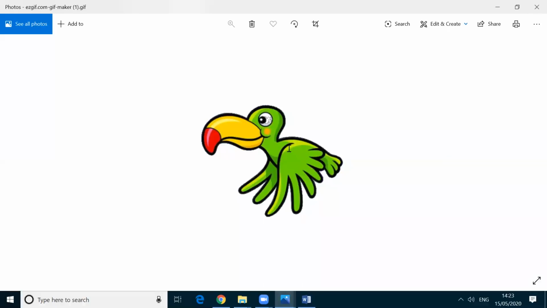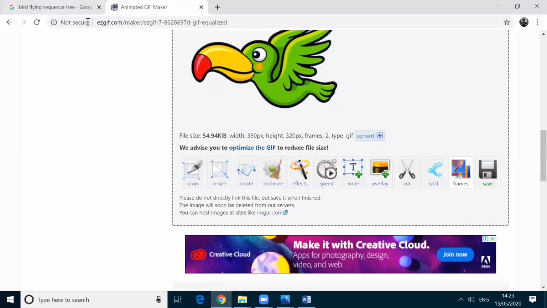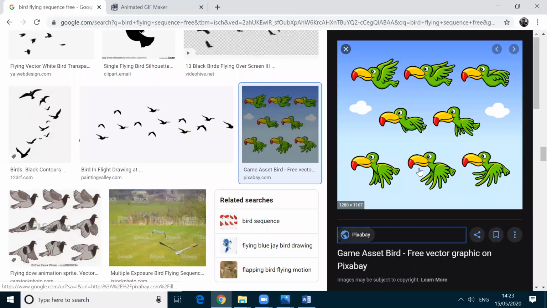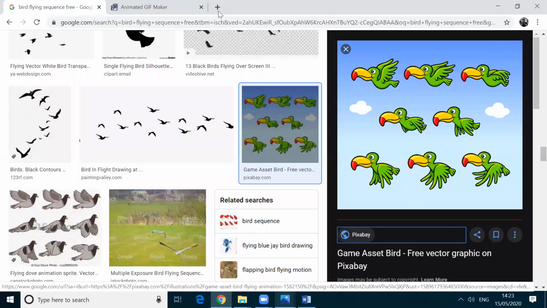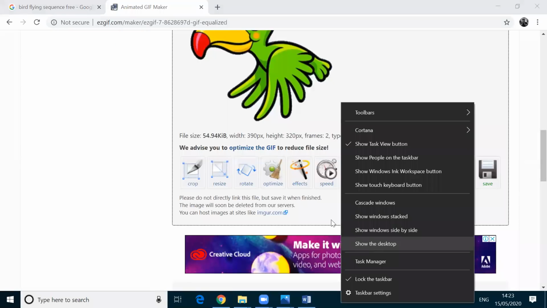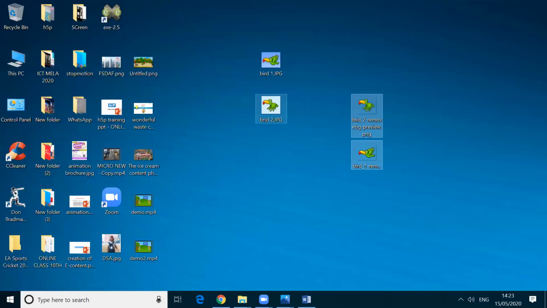Okay, let me recap from the first. What I did, first we got two images. Up to the cropping, are you clear? Just ping me a message in the chat box, yes.